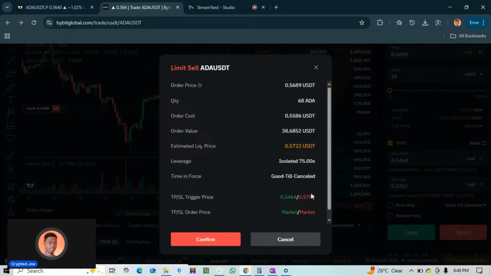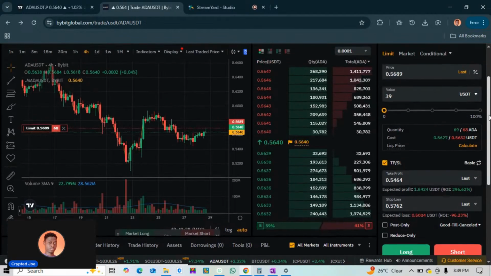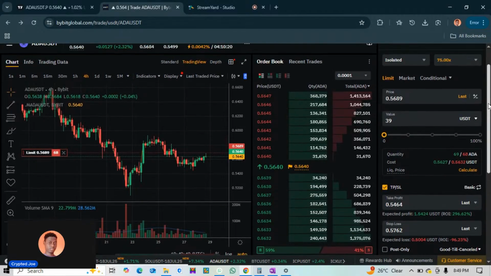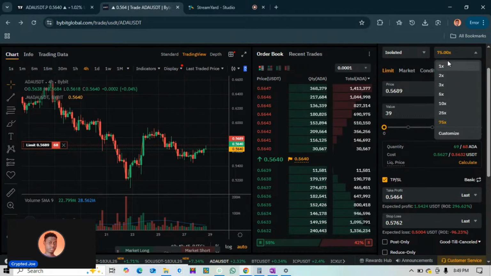Now, if you notice, this one is higher than this one, but it is supposed to be lesser than this one. So you go and reduce your leverage. You adjust your leverage and make sure that everything is in order. Before, all the leverage used to come out and then you choose, but this update that Bybit has done, if you want to set a particular